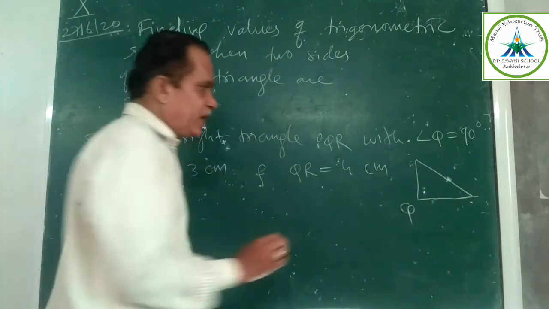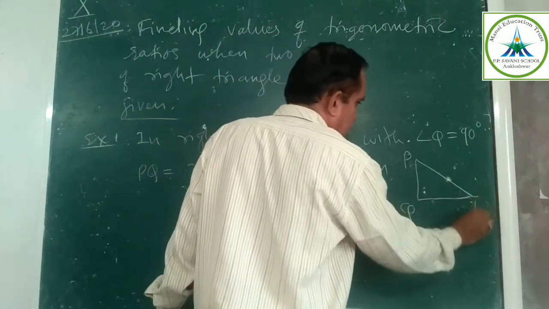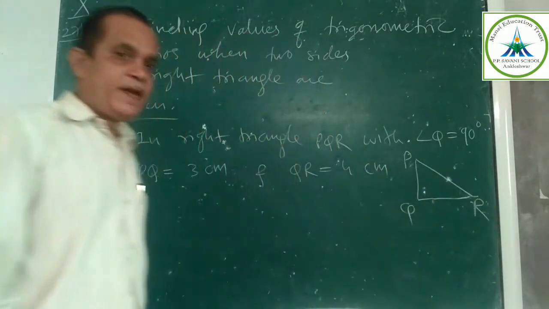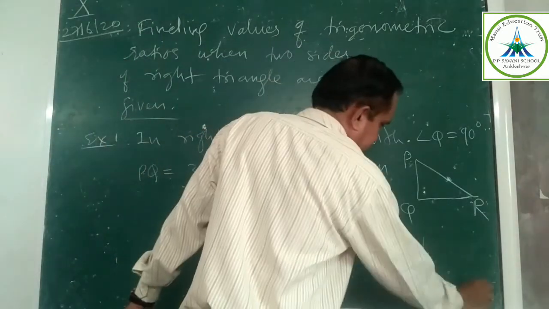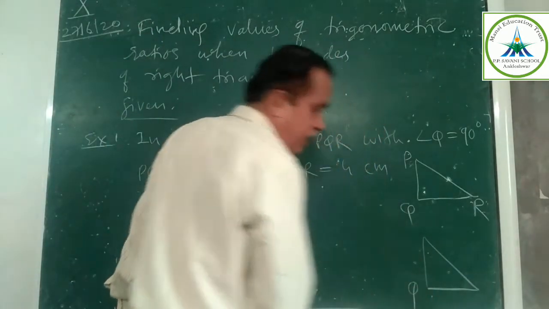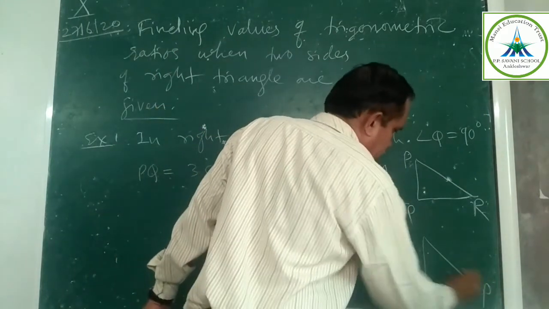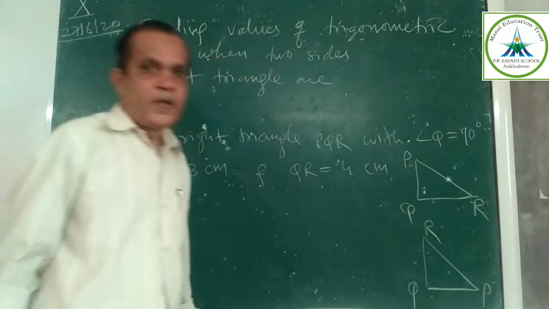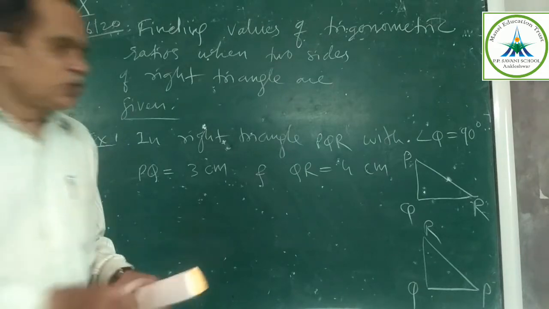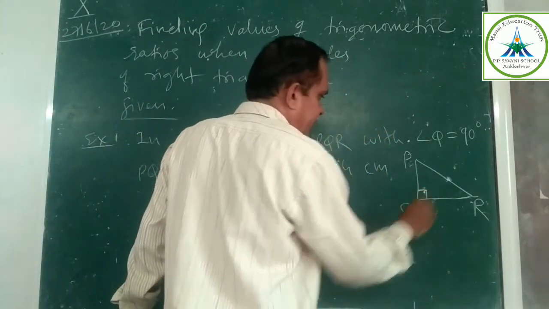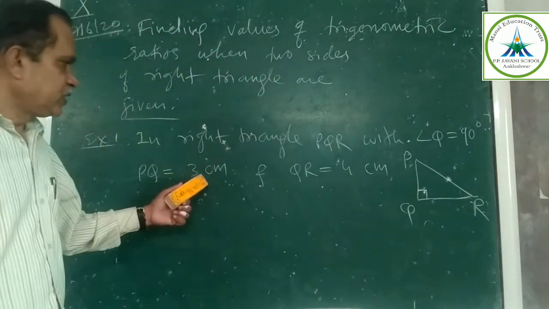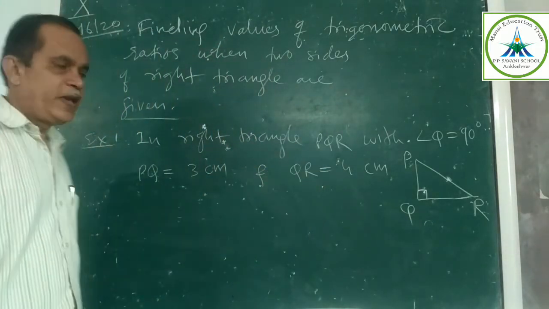Okay. Now if I am taking this P, this R, then my diagram is like this. Some students might have written like this: angle Q 90 degrees, this P, and then this will be R. It is up to us. Okay. So we are taking one triangle, this one where angle Q is 90 degrees. These measures are given.